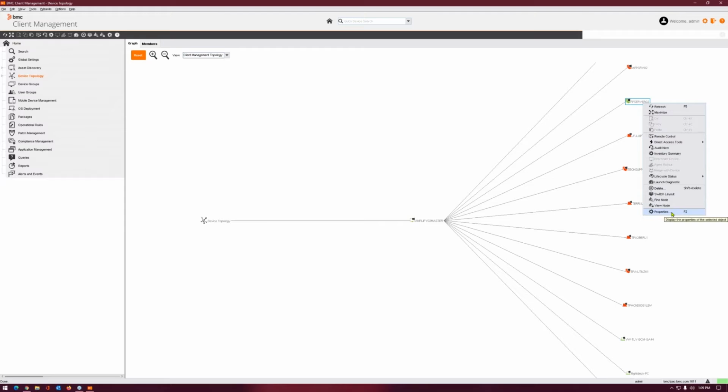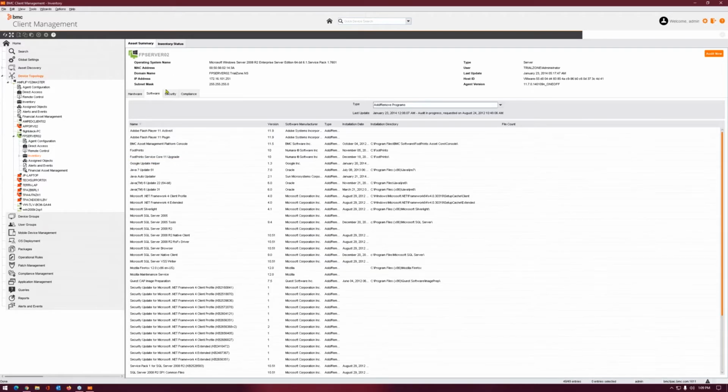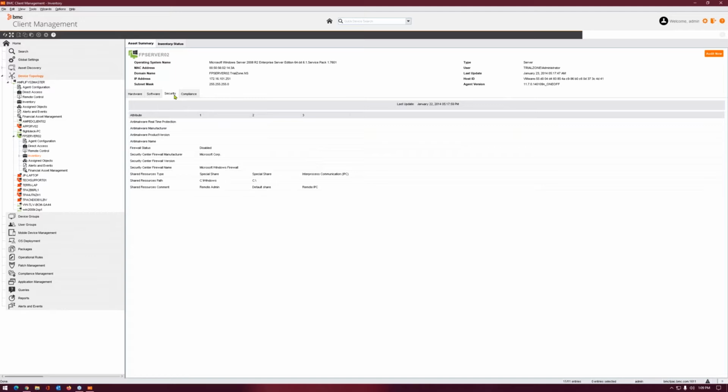So not every device has to have the same set of controls. Certain devices may have remote access, certain devices may not. This context menu is going to let me as an administrator know really what can I do with that device, right? Can I remote control it? Can I dig into the inventory and look at the detailed hardware, software summary? Those are all things you control on a role by role or user by user basis,